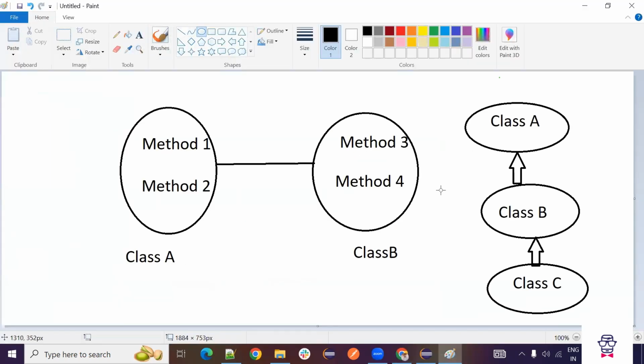It will create one more class, not below, because we are not extending from class C. It will be created somewhere here and it will be pointing to class A. So this will be class D.